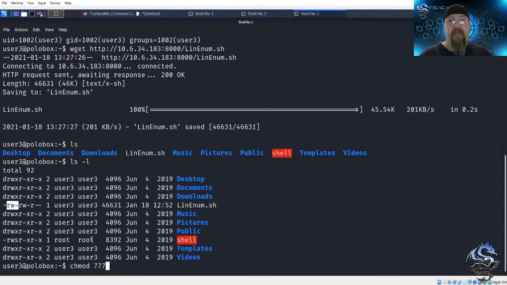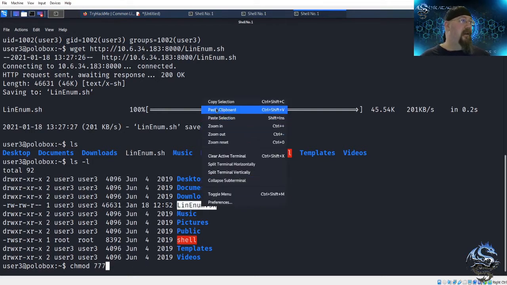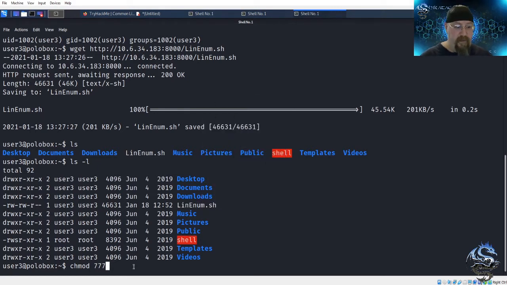So if I did 777, that's essentially saying read, write, and execute. The first position is for the owner, which is these 3 here. The second one would be for the group, which would be these 3 here. And then the last 7 would be for everyone else. So if I did chmod 777 for this file,